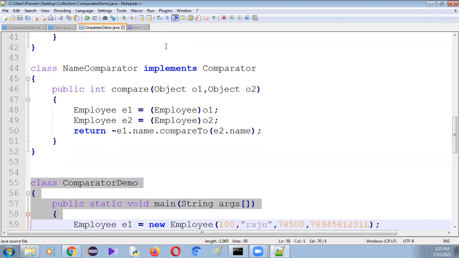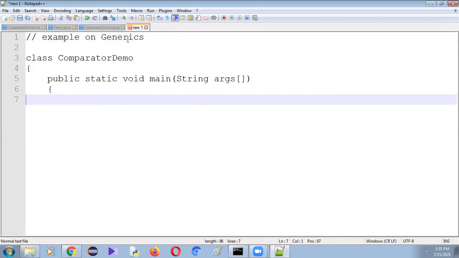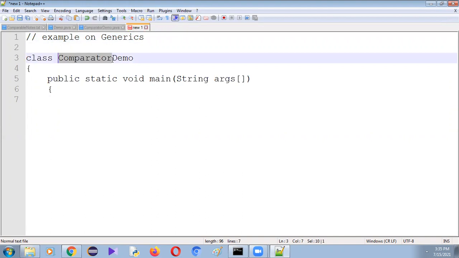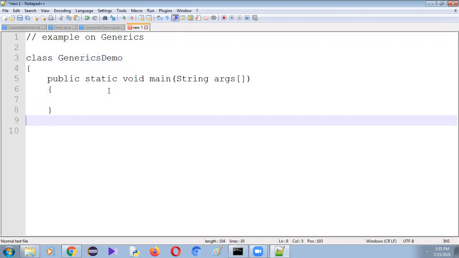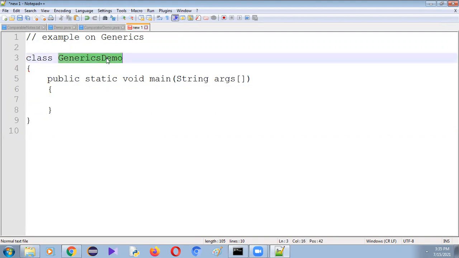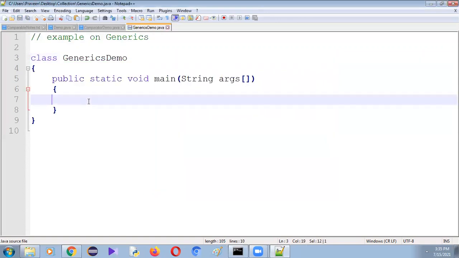GenericsDemo.java, right? So here let me create the object of ArrayList.